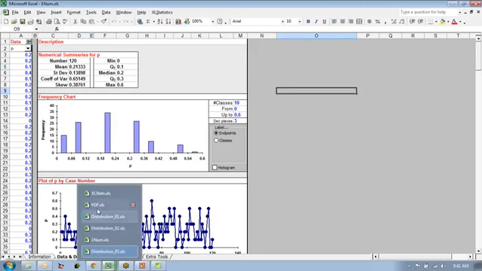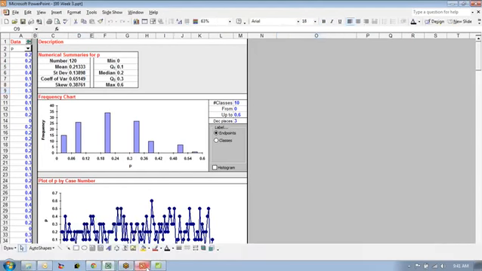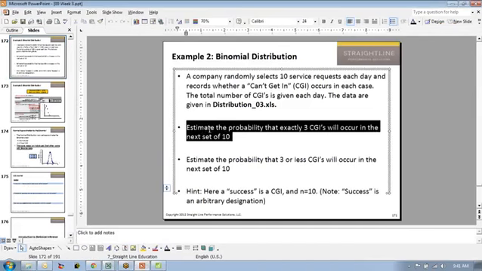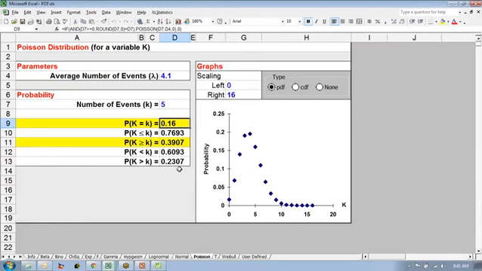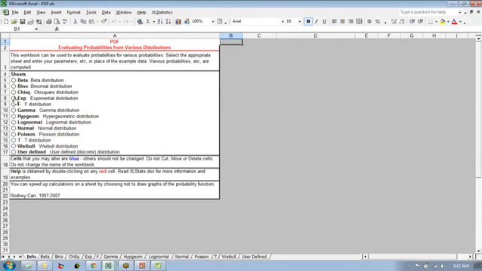Now let's go to our PDFs and solve the problems we're looking at. In the next set of 10, what's the probability that we get exactly 3? Or what's the probability that we get 3 or less? Let's answer both of those questions first, and then I want to show you what you can do with some of these. So we're going to go with binomial,